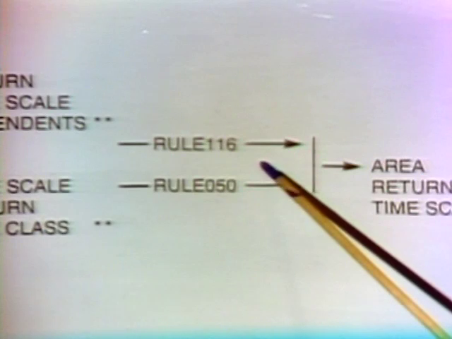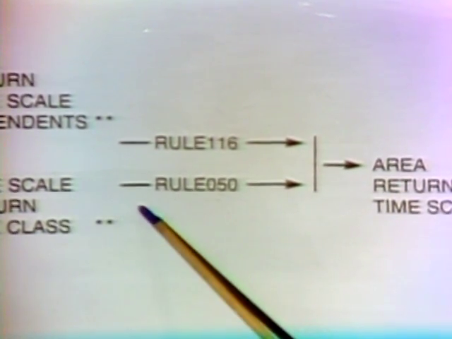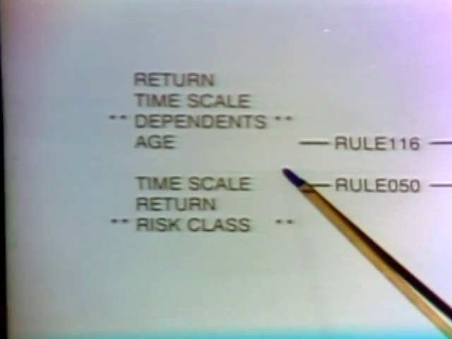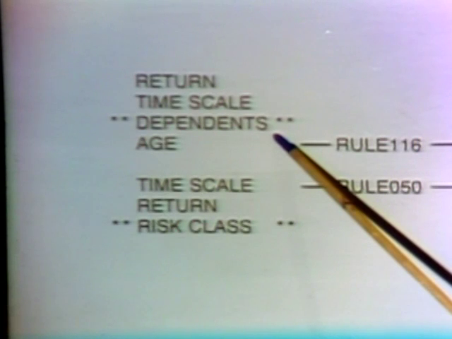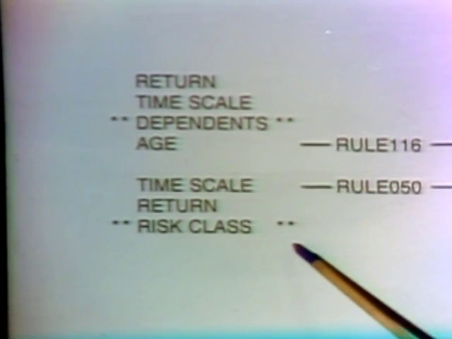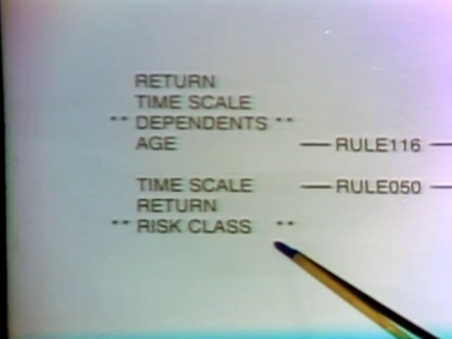Are they correct as they stand? And the expert says, yes, indeed, those rules are correct as they stand. And we back up yet further and say, aha, look, here's the reason they both failed. Rule 116 failed because its third clause was false. And as it turns out, Rule 50 also failed because of its third clause. A slightly different one was also false.